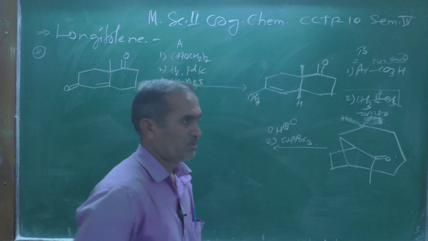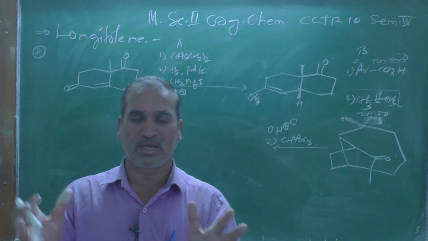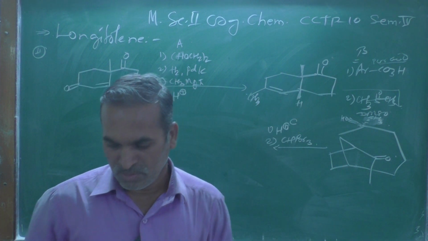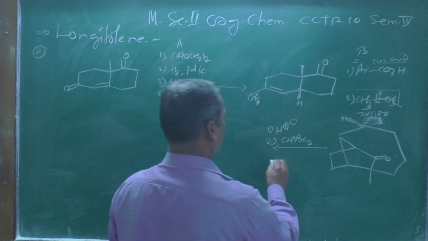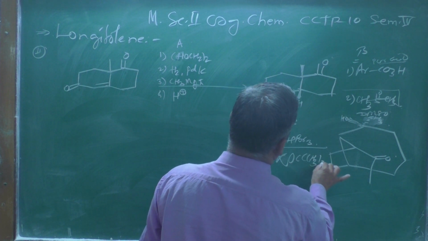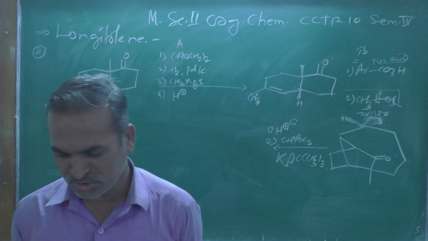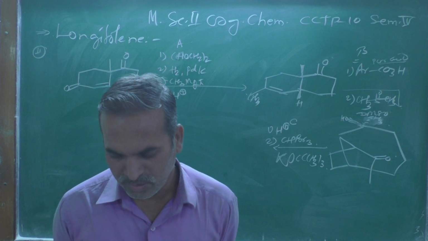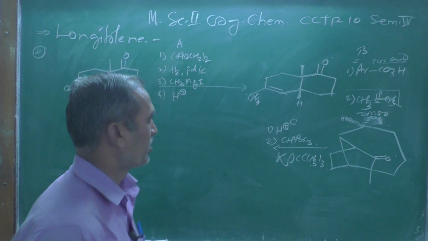CHBr3. CHCl3, we call chloroform. Similarly, this is bromoform. So bromoform, and then it will be treated with the third one, KOC(CH3)3, that is a tertiary butoxide, potassium tertiary butoxide. These are the reagents. When you are adding them over here, what product are you going to get? Remember